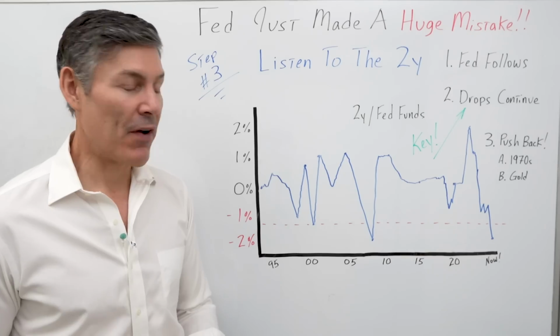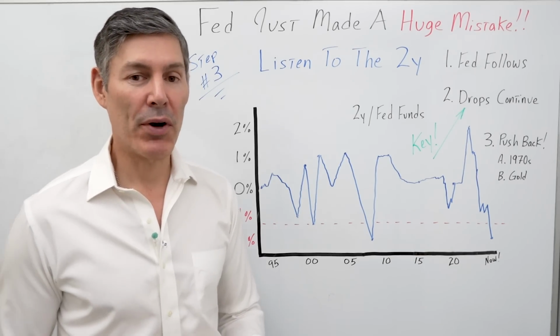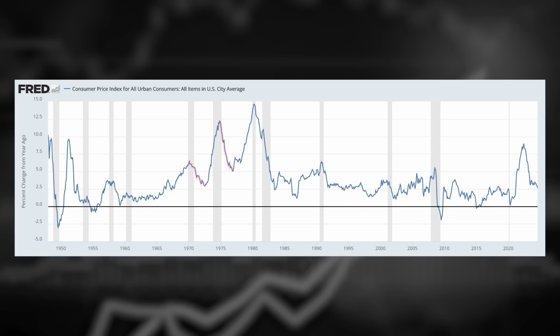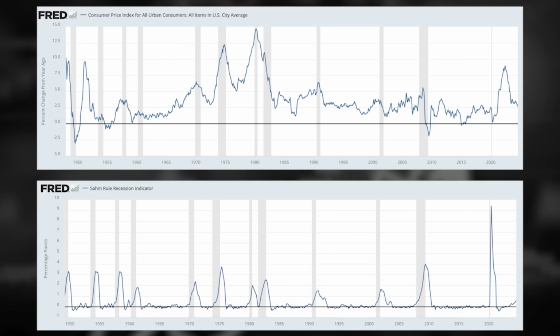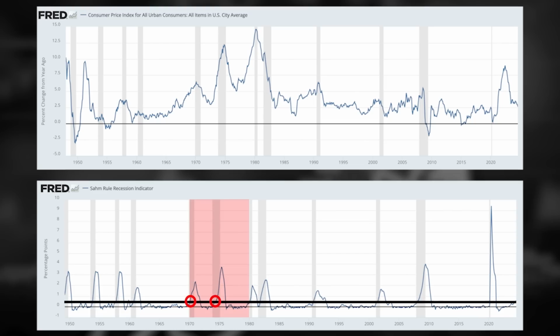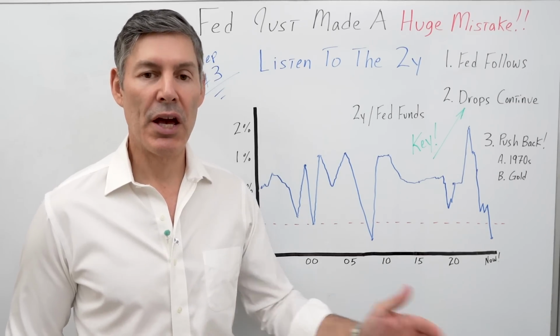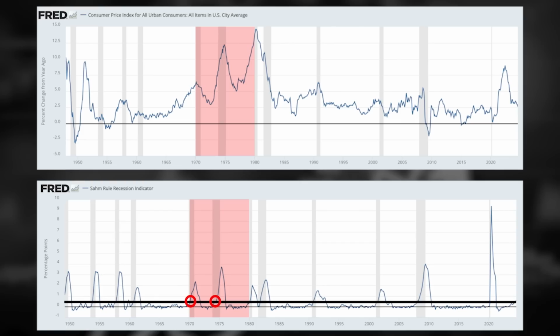Okay, well, that's a fair argument, but I'd like to point out that during the 1970s, we had periods of disinflation, meaning consumer prices were going up at a much slower rate. So let's compare this to the Sahm rule. So we see that in the 1970s, when the Sahm rule was triggered, and we're just using this as a proxy for the unemployment rate or the labor market softening, and we can see this was followed every single time